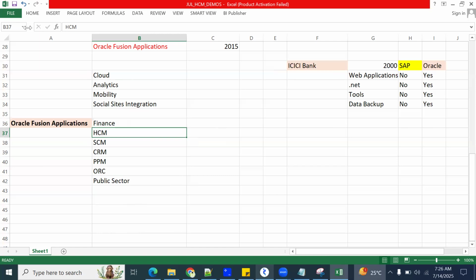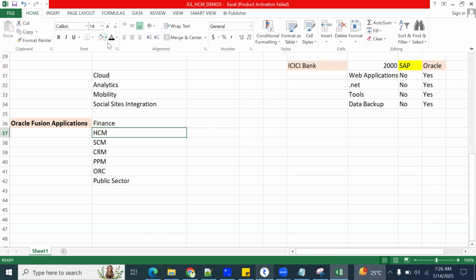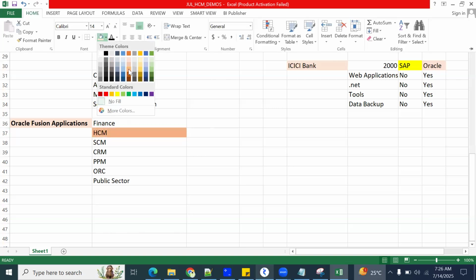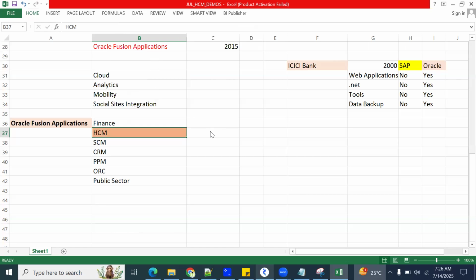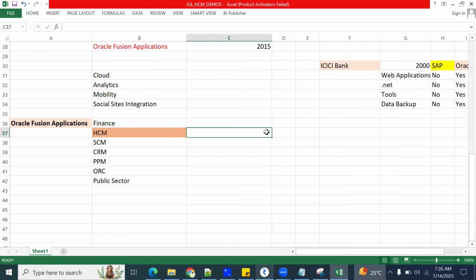Now we are talking about human capital management, the human capital management software. In human capital management, we have a total of 8 modules: global HR module, payroll module, absence management module,